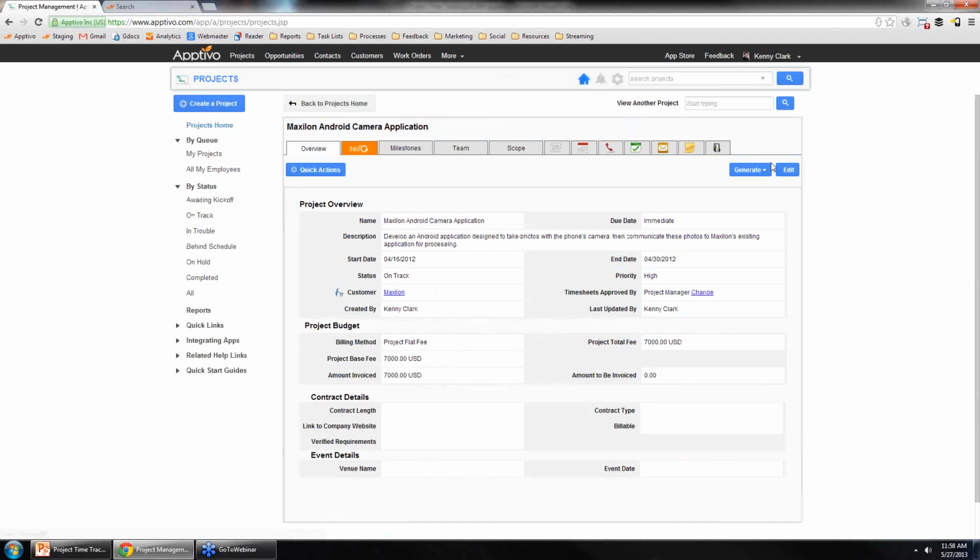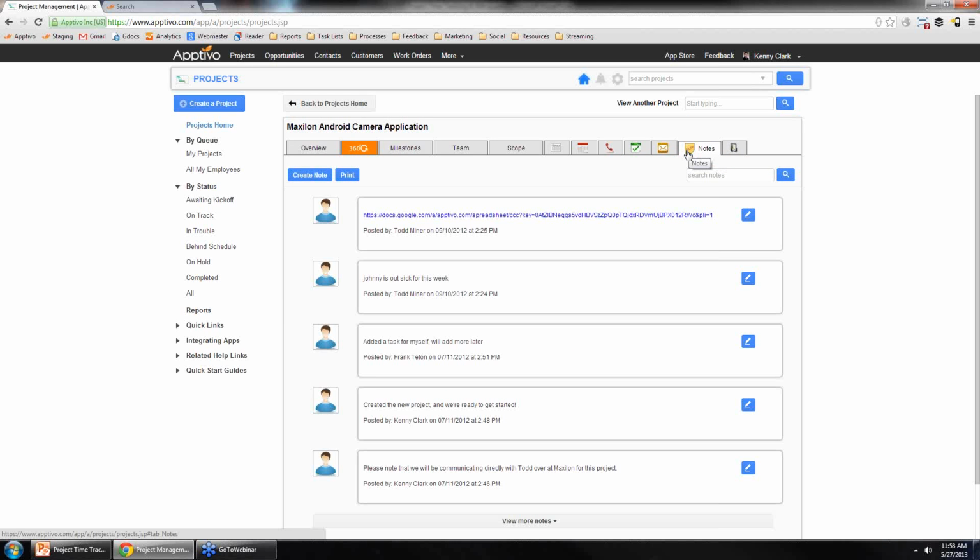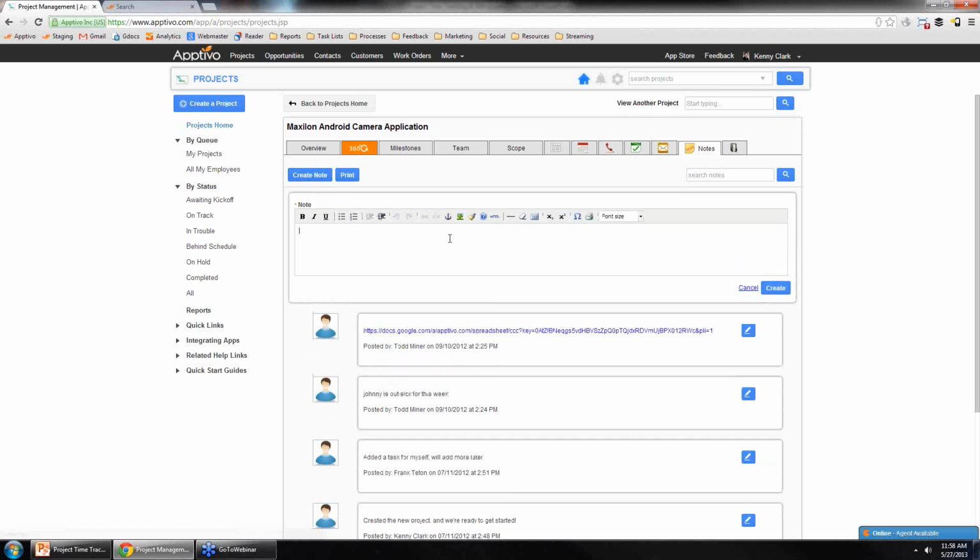And the last two features, which are common, are notes and documents. These are very, very heavily used inside of project management. The notes feature is very simple, but very valuable. It's exactly what it sounds like. I can hit create note. I get a rich text editor, so I can punch in bullet points. Maybe I have a meeting with the client, I get a couple notes, or I learn some more details about the project that I want to share with my colleagues. Or maybe I just want to provide a